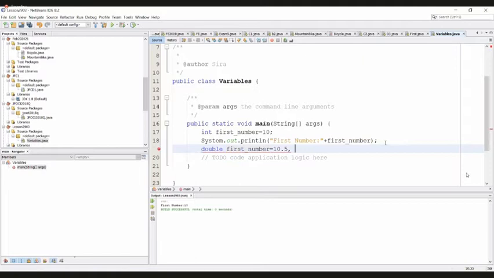Then second number, assign 20.8. Then we'll use third number and fourth number, right? Then answer. I'll say answer 1 for this.